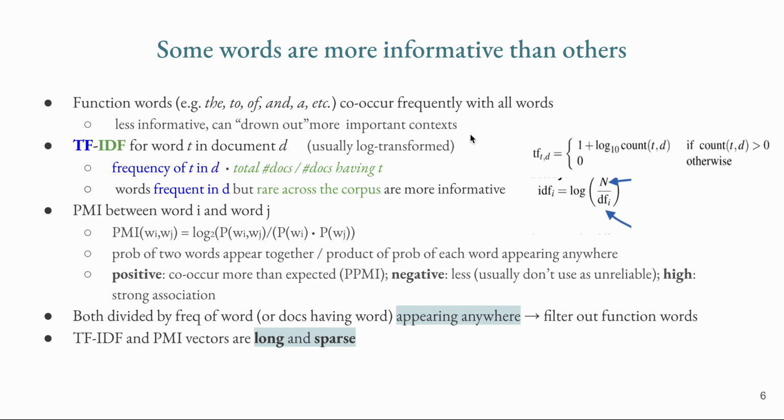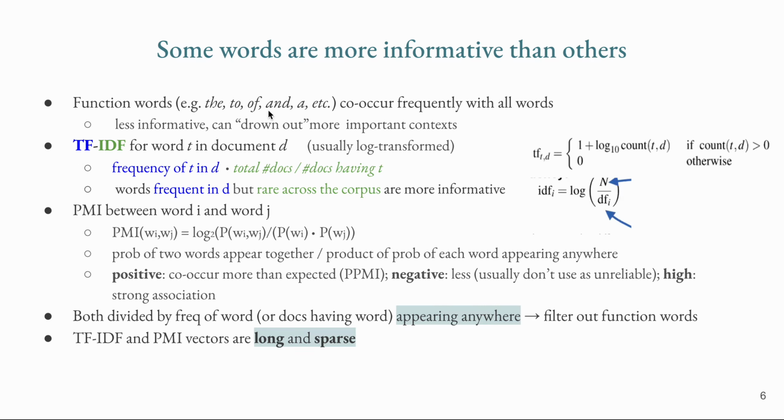It can drown out the other dimensions because the count of these words is simply too big, and they appear anywhere for any words. So that's why they are less informative, and we would want to use some other way of counting and